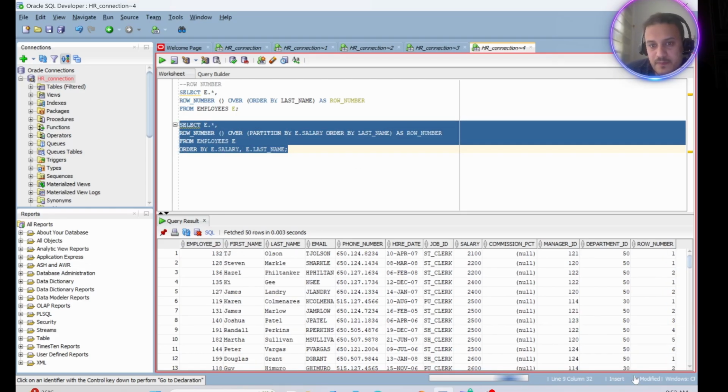you will have the column named row number, but this time depending on the salary. So if the employee has only one individual salary, you'll have number 1, but then for employees starting from 2000, this is the second salary, so it will reset again starting from 1 and 2, and then if there is a new salary, it will start from the beginning, this is number 1 and 2, and then if these are all sharing the same salary 2500, you start from number 1 and then 2, 3, 4. So this is all you need to know about the analytic